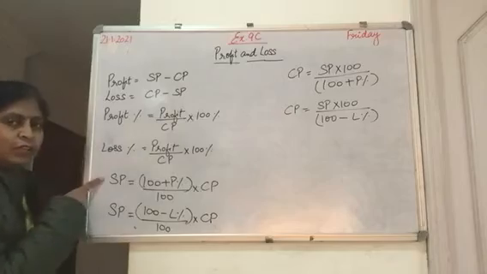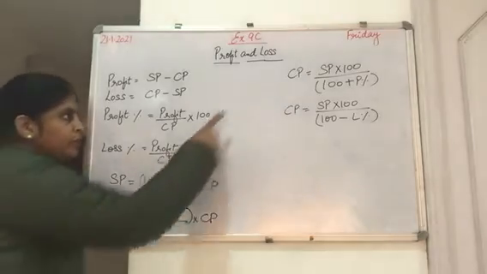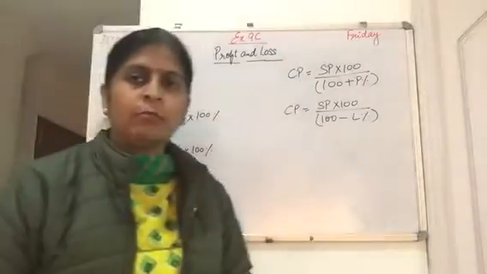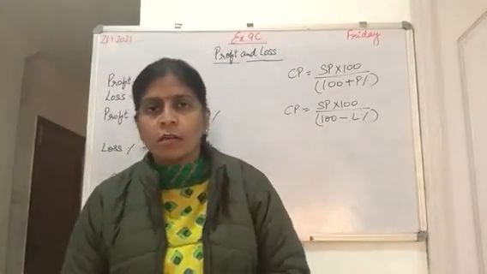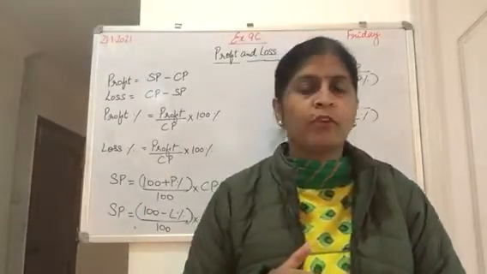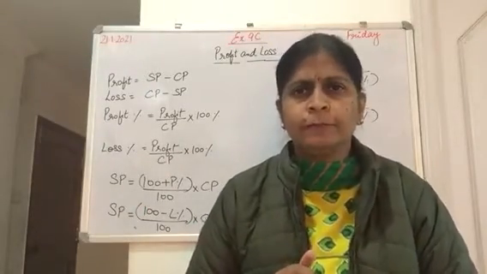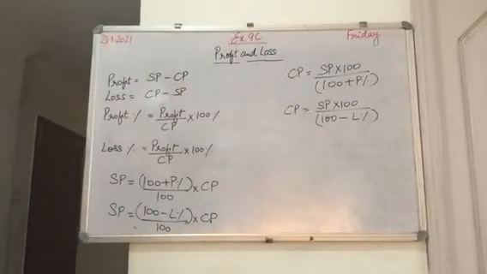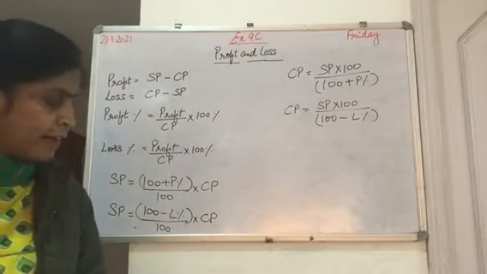If you remember this one, you can remember these two, three also. Because always remember, profit percent will be added, loss percent will be subtracted, and then you will generate the formula from these. Clear? Now let's do the exercise based on these questions. So first of all, we will start exercise 9C.